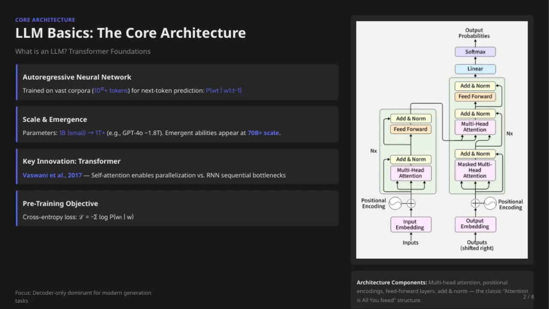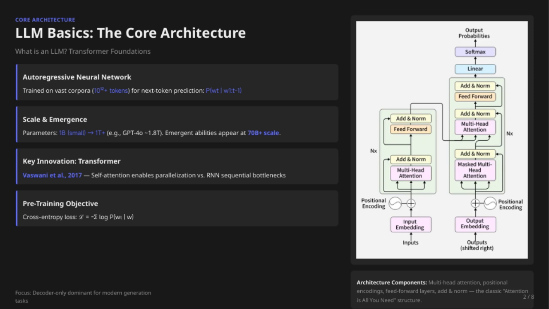Today, I want to focus on the core architecture behind modern language models, specifically the decoder-only approach that dominates today's generation tasks. This architecture relies heavily on components like multi-head attention, which allows the model to focus on different parts of the input simultaneously, and positional encodings, which help the model understand the order of words. We also have feed-forward layers and the add and norm steps, forming the classic attention is all you need structure